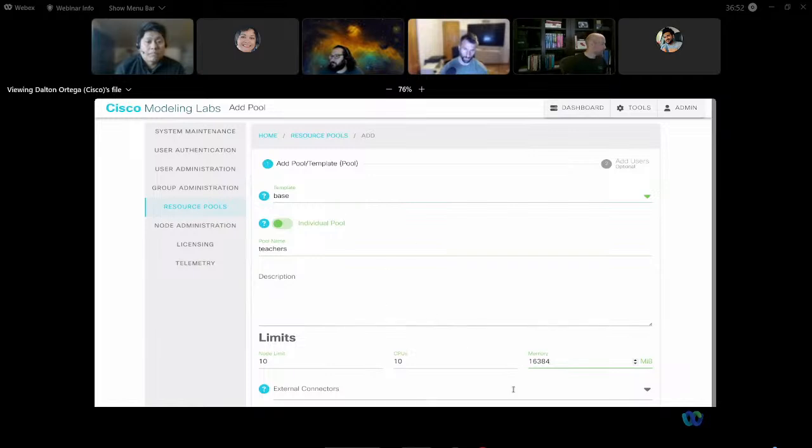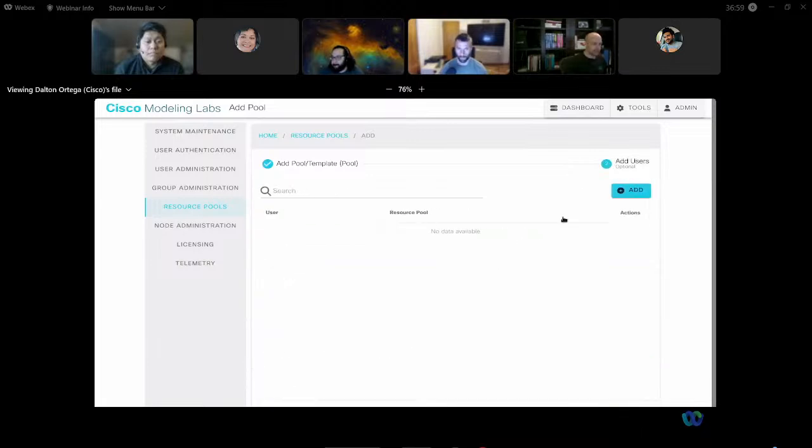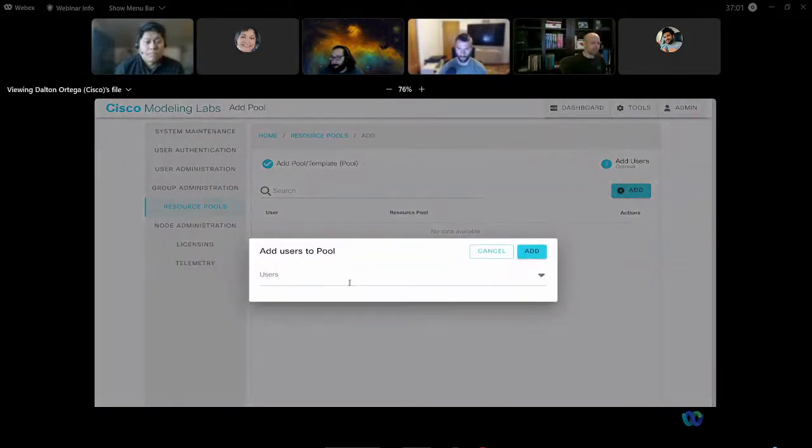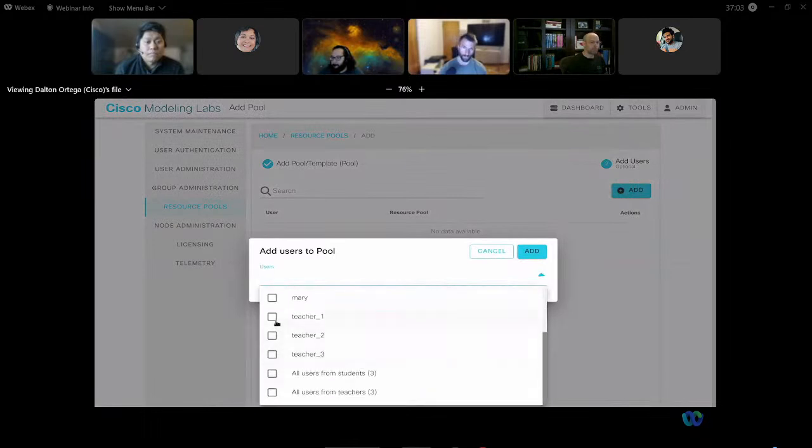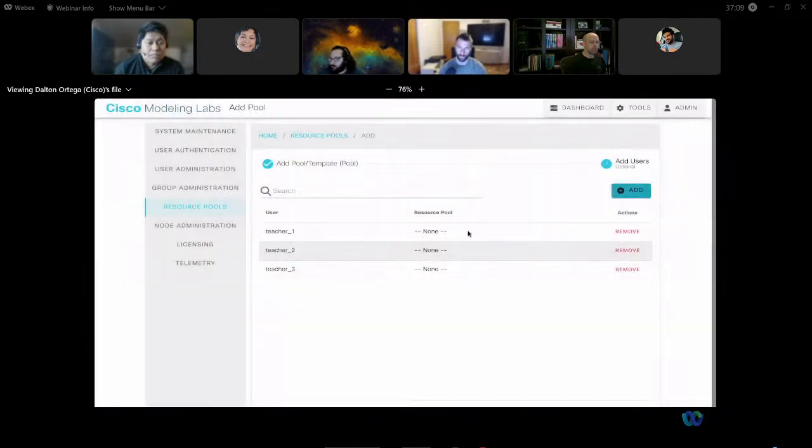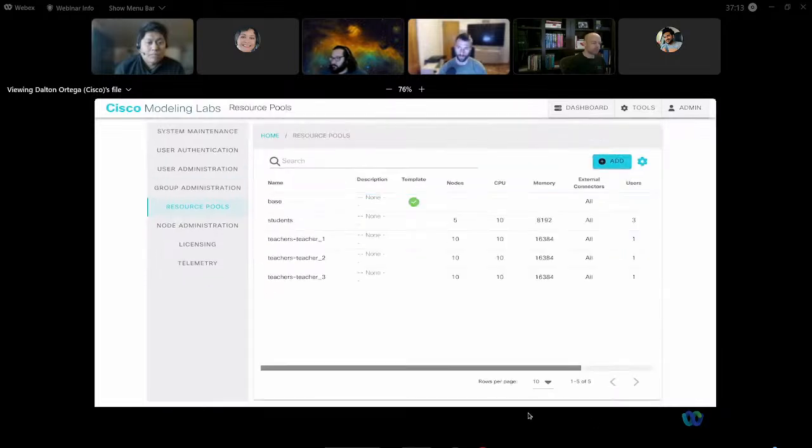So just to be very clear. In this case, I said individual pools, these are the limits, click next, and then again, hit add. And this is my teachers, so I could select them individually, or I could go ahead and say all users from teachers, click add. I see the users, I hit create. And now in this case, as you can tell, there's not a single line, but there are now 3